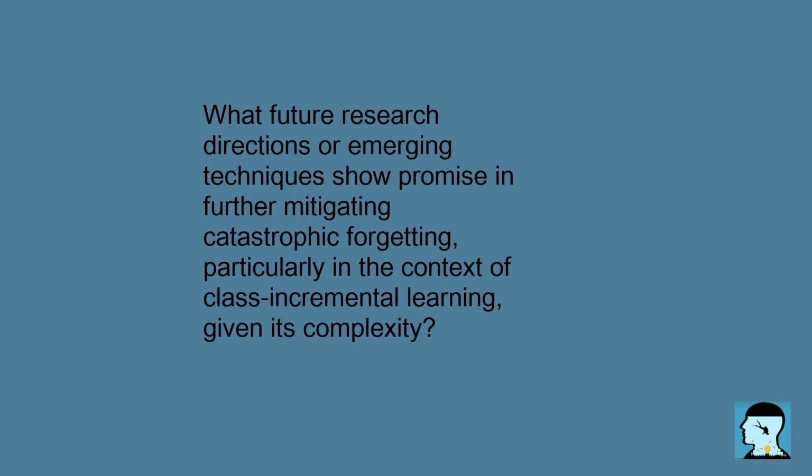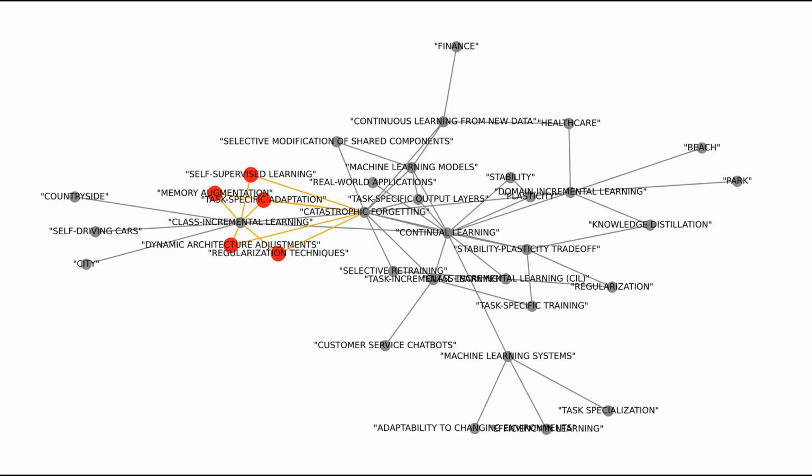What kind of future research directions or emerging techniques show promise in further mitigating catastrophic forgetting, particularly in the context of class-incremental learning? Given its complexity, future research directions and emerging techniques that show promise in mitigating catastrophic forgetting, especially in the context of class-incremental learning, include several innovative approaches. One,